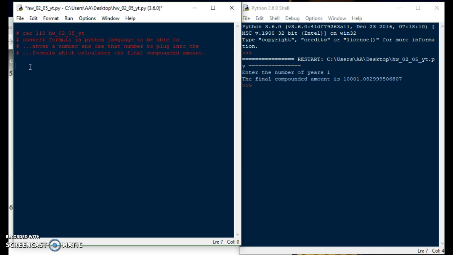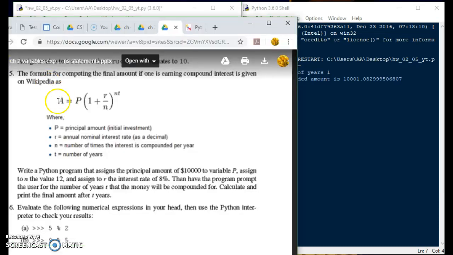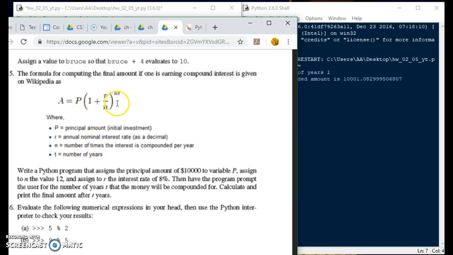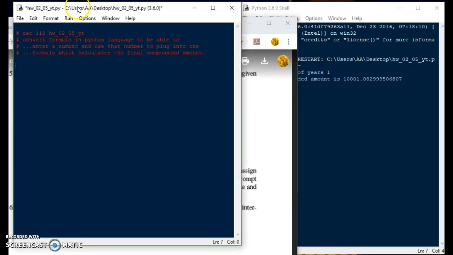So the homework consists of a given formula, which is right here: A equals P times (1 plus R divided by N) to the power of N times T. For that, I will have to concisely convert that formula into Python language, and then there are also other